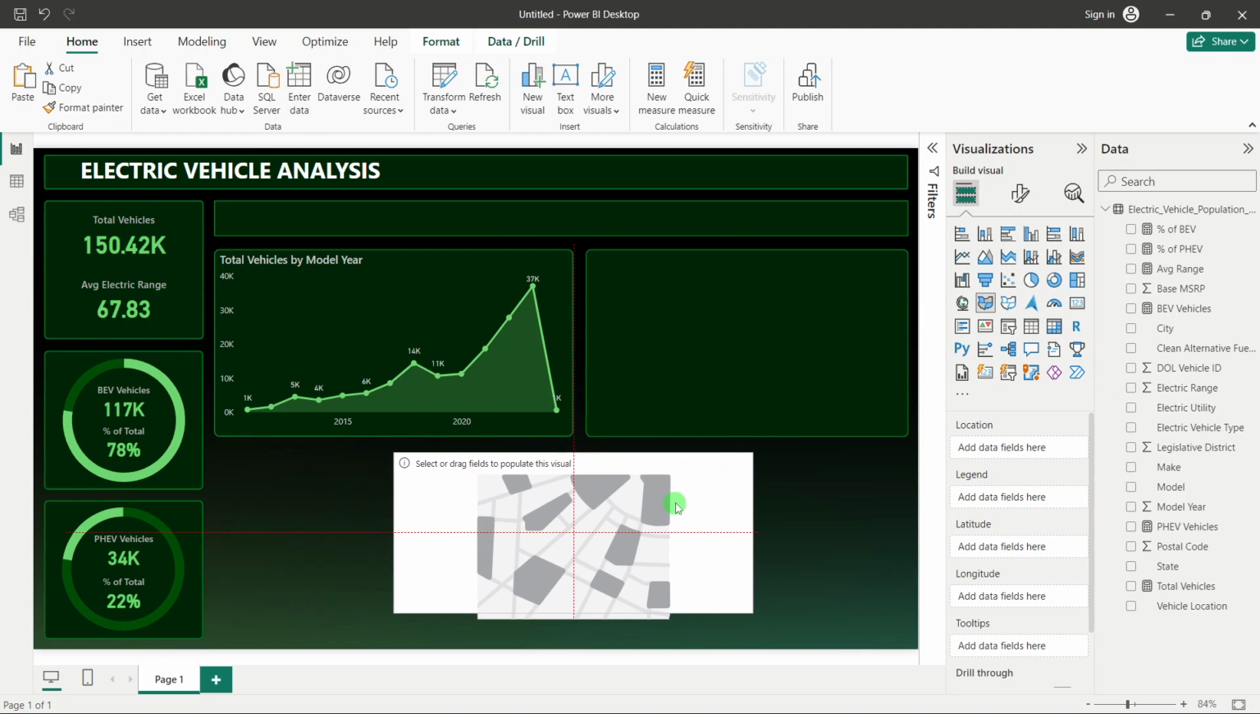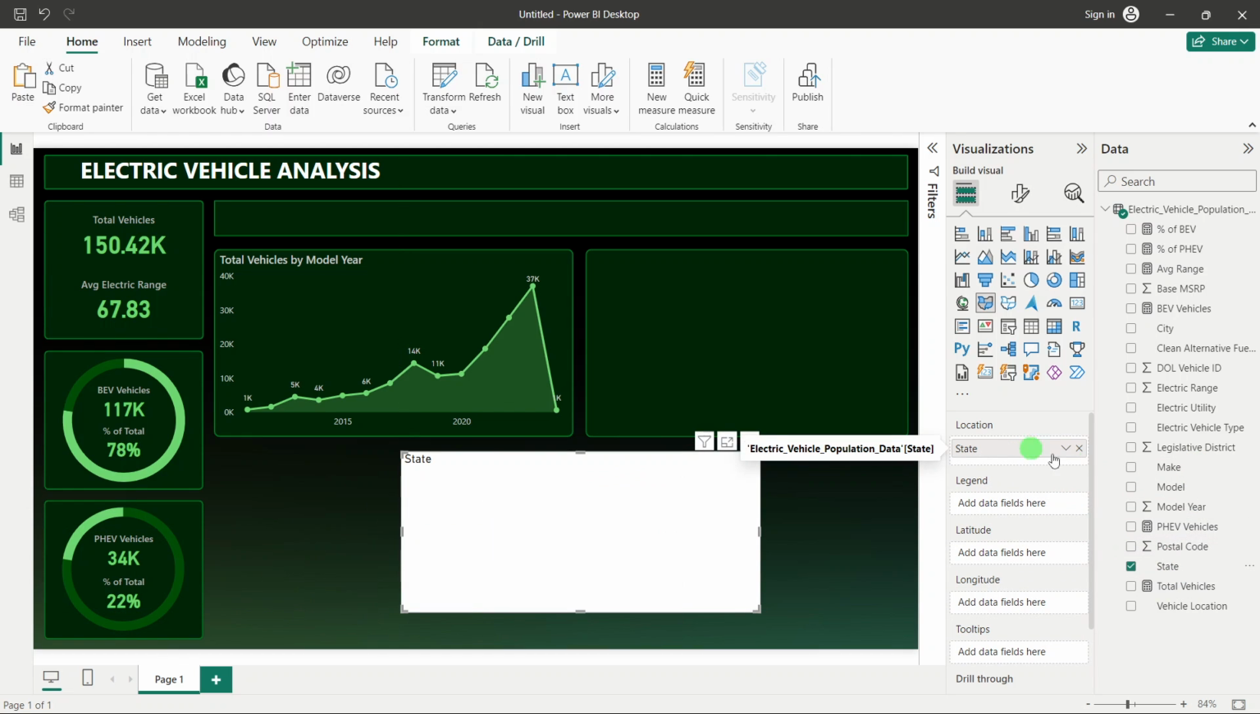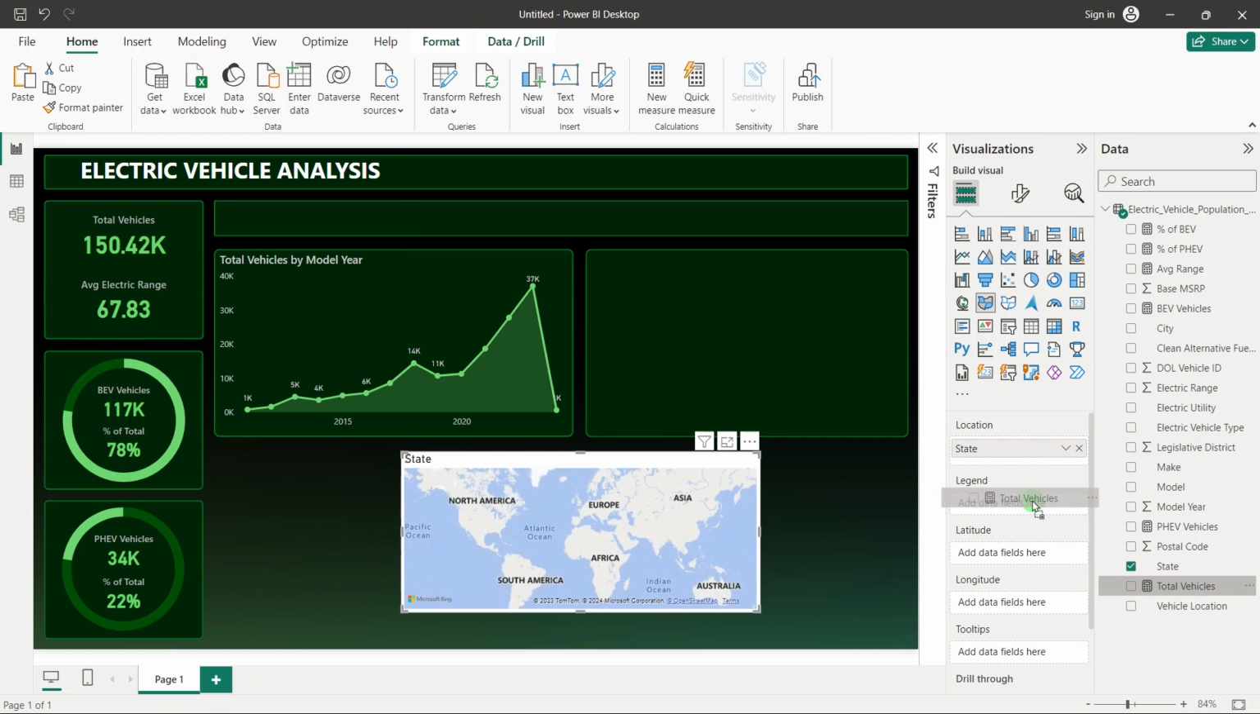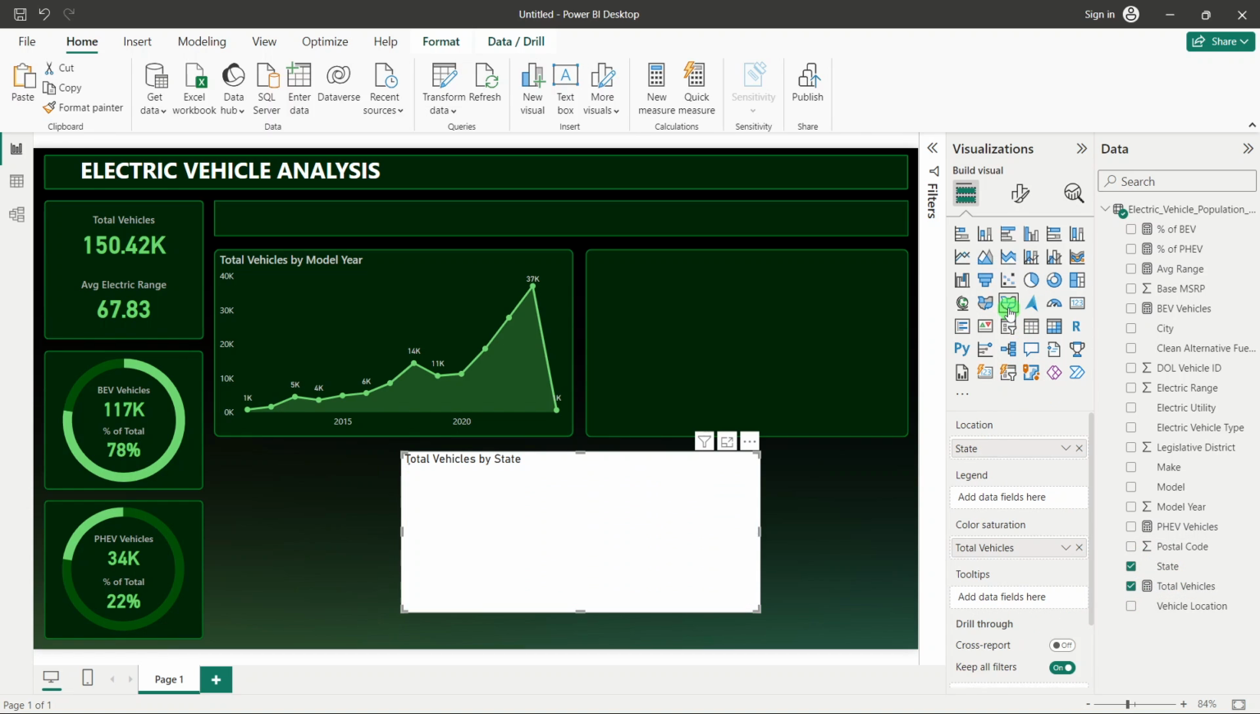Now for that, I will take a map chart from here. That is a filled map we'll be using, and you have the state. I add it into location, and we'll be using the total vehicles in legends. Or no, instead of this we will choose the shape map. So instead of filled map we will use a shape map. In shape map you have to add the state as location,